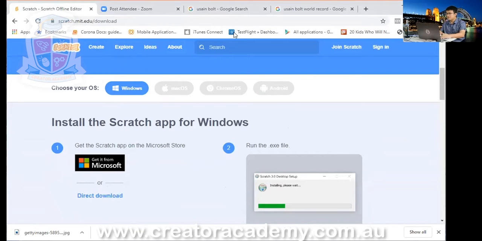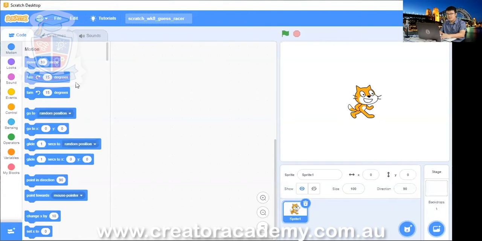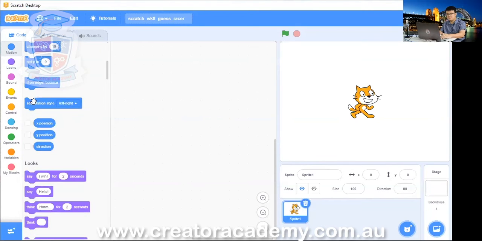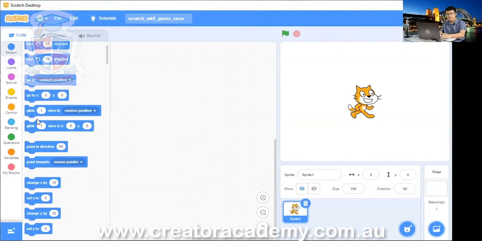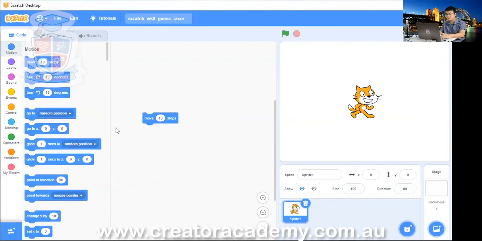And then when you run Scratch Desktop, this is what you will see. You are going to see a blank screen in the middle. This is our coding area. On the right-hand side, we have a bunch of coding blocks, and you can scroll up and down to go through all the different blocks that you have. The whole idea of Scratch is that we can control these blocks by dragging them onto the screen like that and attaching them to each other, okay?